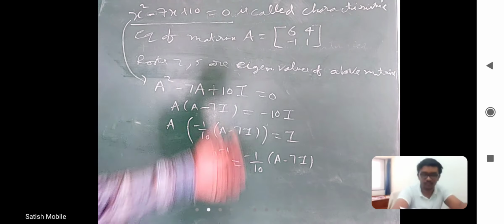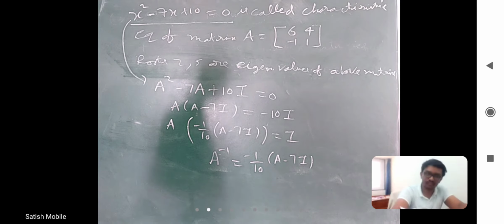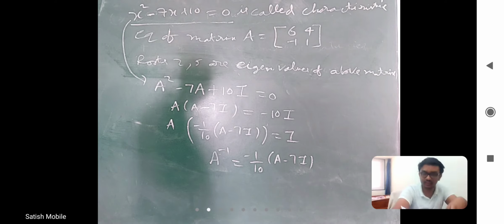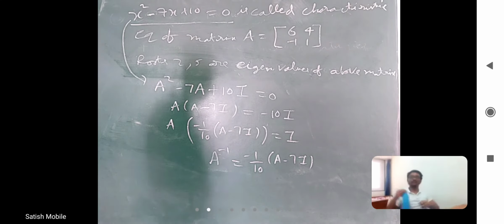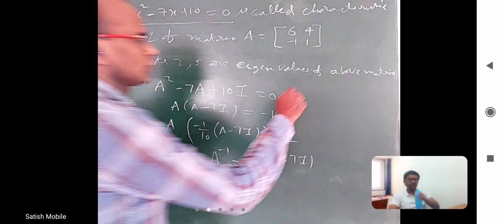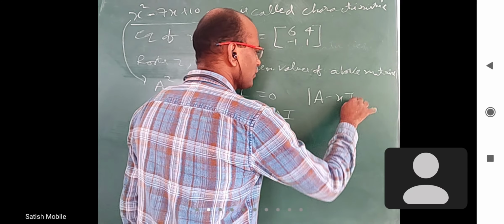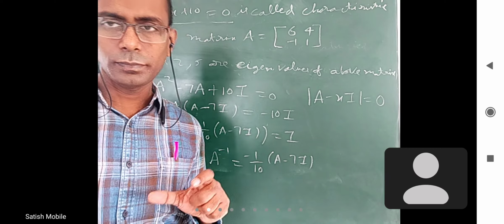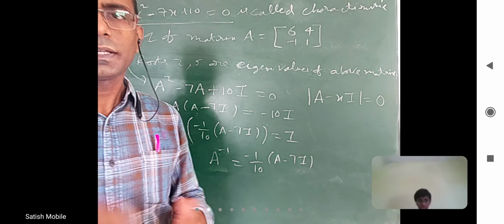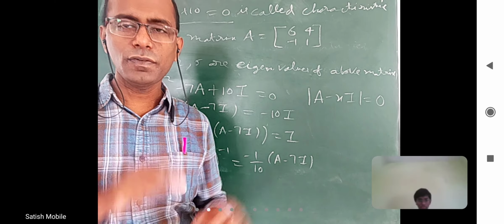Yeah, for a 3 by 3 matrix, you'll get a third degree equation, not quadratic, you'll get a cubic equation. We are going to do it. Yes, you are right. One more thing, I am not trying to prove the Cayley-Hamilton theorem here. There is a proper proof, but I'll give you an idea. Determinant of A minus xI equal to 0. If we take that, from that only we got the quadratic equation, right? In that we are putting matrix A in the place of x, and we are saying it is equal to 0. Correct?